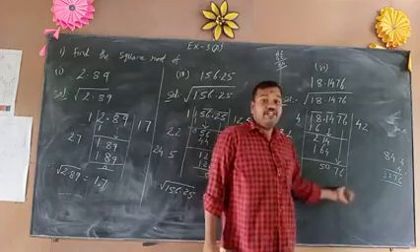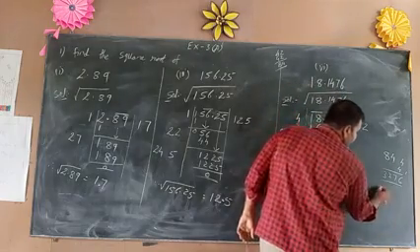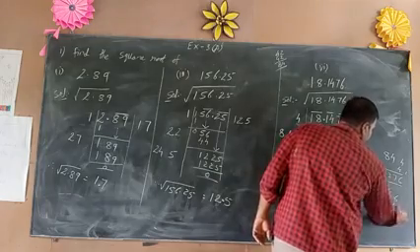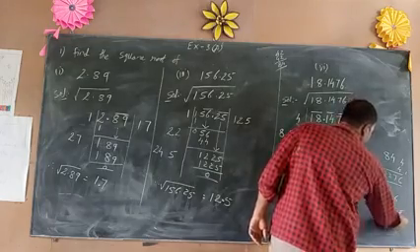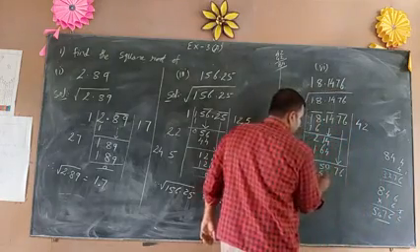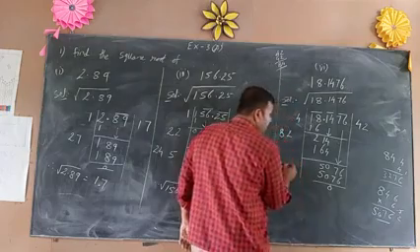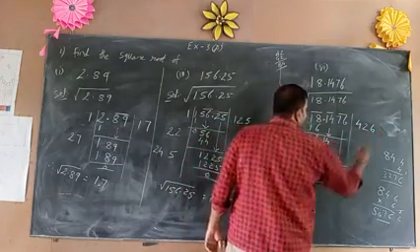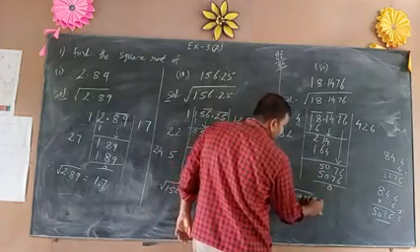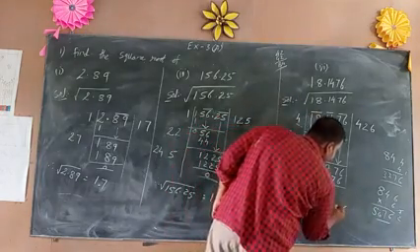4 is completed. 5 5s are 25, don't take. 6 6s are 36, so 6 is coming from 36. Write it as 846 times 6. 6 6s are 36, 6 4s are 24, 27, 6 8s are 48, 49, 50. So it is 5076. Subtraction is 0. Therefore, how many times? 6 times. Therefore, the root of 18.1476 is equal to 426. Now, giving the decimal point.